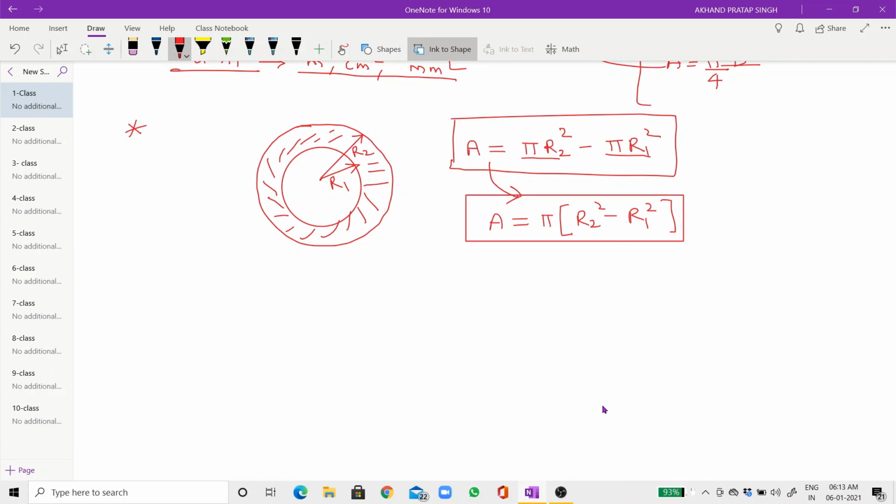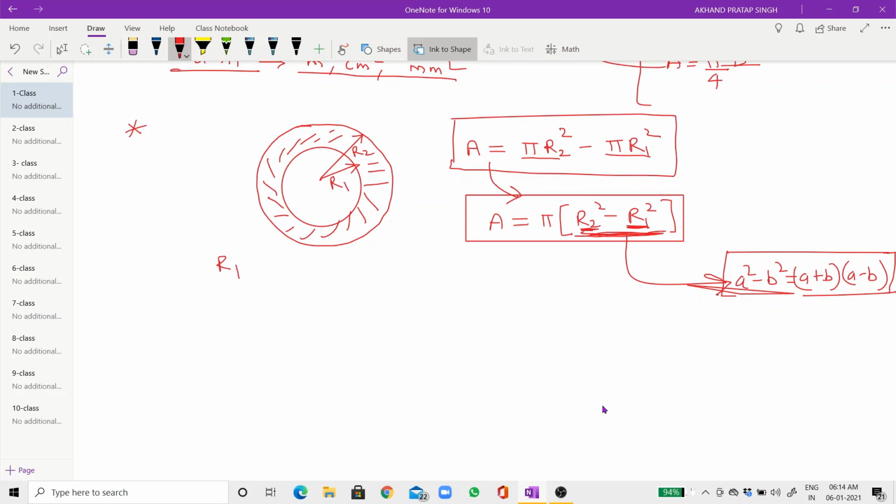And be careful about this quantity. This quantity looks like a square minus b square. And what is a square minus b square? It is a plus b times a minus b. So if you take some values for this quantity, you can apply this formula. You know, in the previous class, this formula is very famous.